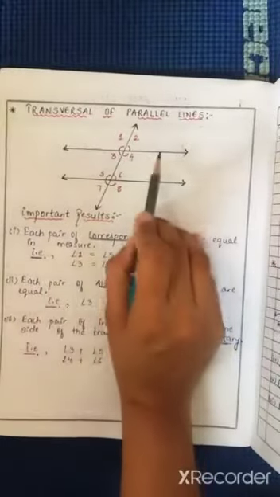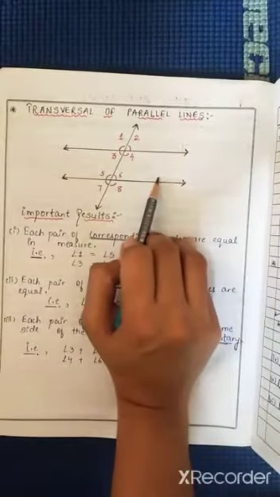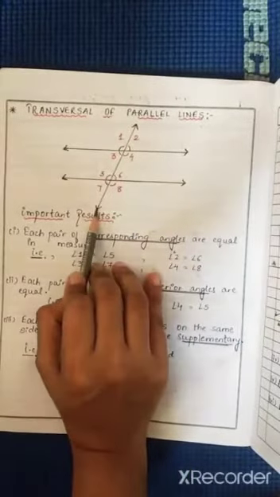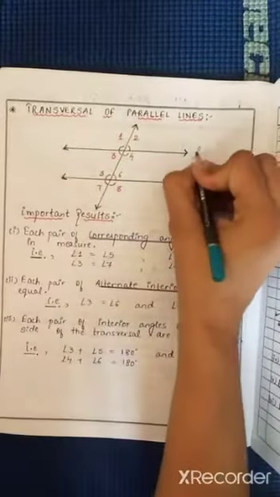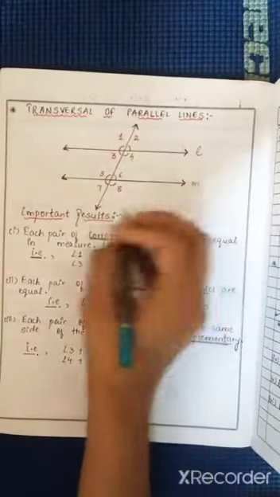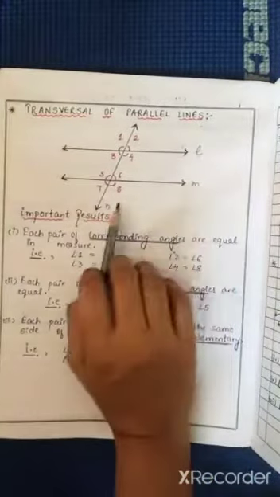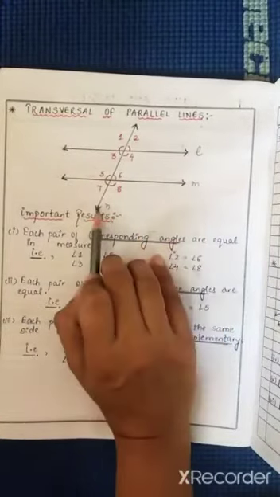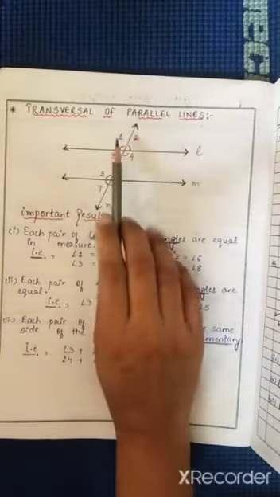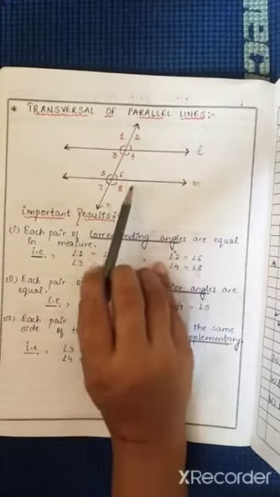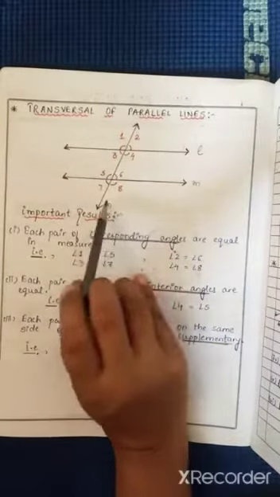Fine. So these two are parallel lines, we know. Fine, they are never going to touch one another, and this is the transversal. We can name these lines also. Say this line is L, this line is M, and this line is N. We can name it also. Fine. So these three are the lines. These are parallel ones, and this is the transversal. In all, there are 8 angles formed. Okay, as we have studied just now, there are 8 angles formed.